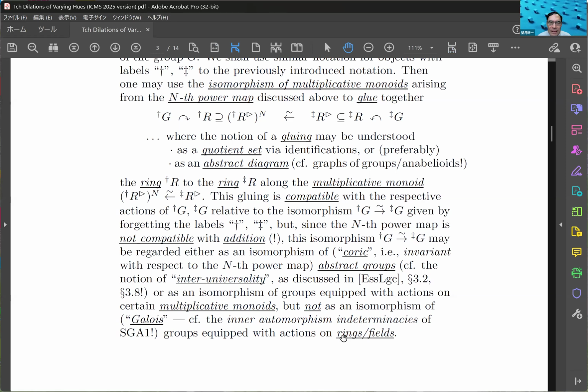So the point here is that the only structure that's preserved is the multiplicative structure; the additive structure of the ring is not preserved. And so this gluing isomorphism can be thought of as an isomorphism that is compatible with an isomorphism of abstract groups, or as an isomorphism of groups equipped with actions on multiplicative monoids, but not as an isomorphism of groups equipped with actions on rings or fields. And so this is in some sense the starting point of the notion of